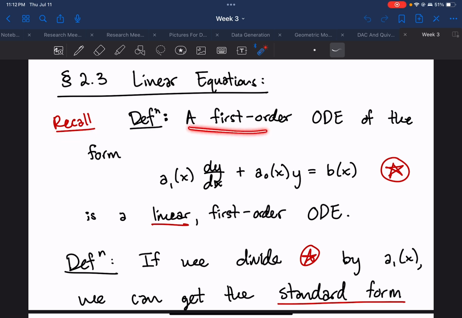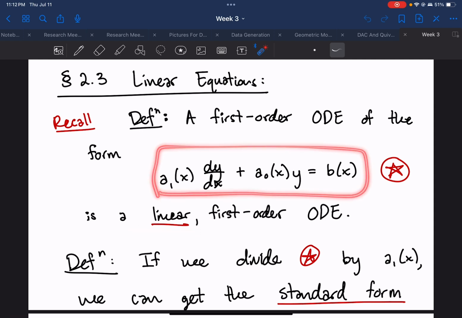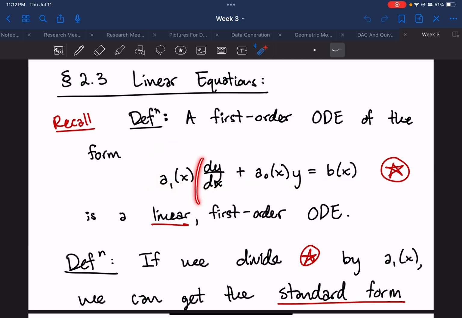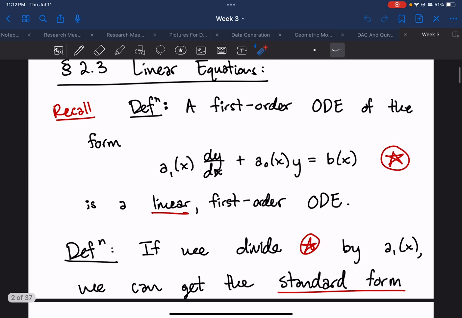So a first order differential equation is linear if it has this form right here, right? So a function of x times a derivative of y plus a function of x times y equals a function of just x, right? And the important thing here is that the y's are to the first power, right? That makes this a linear function. And the stuff out front is just a function of x. Okay, if we divide this equation everywhere by a1 of x,